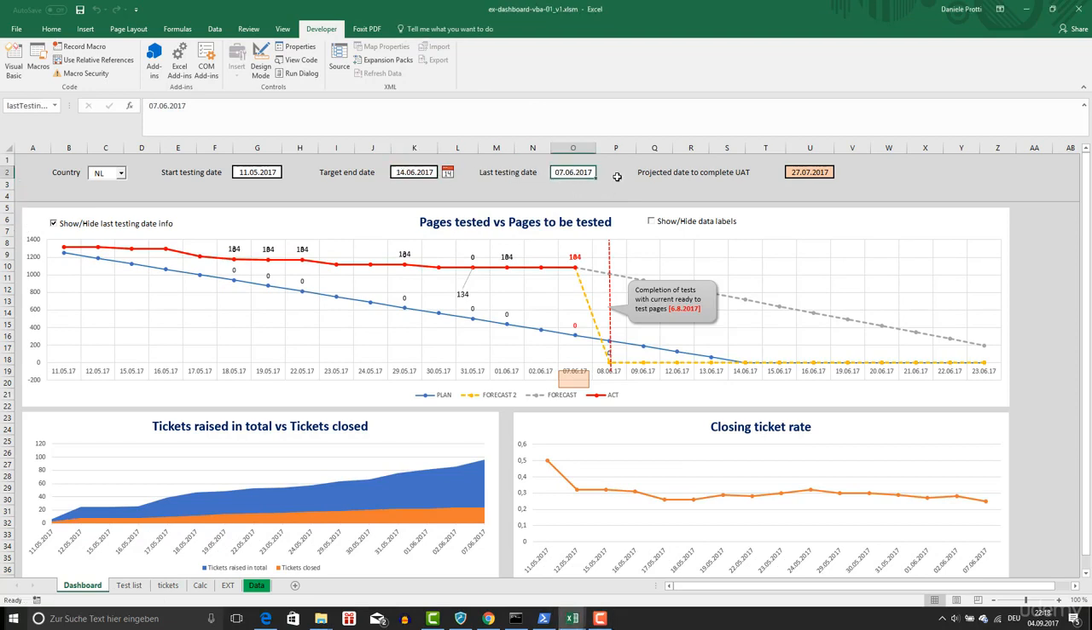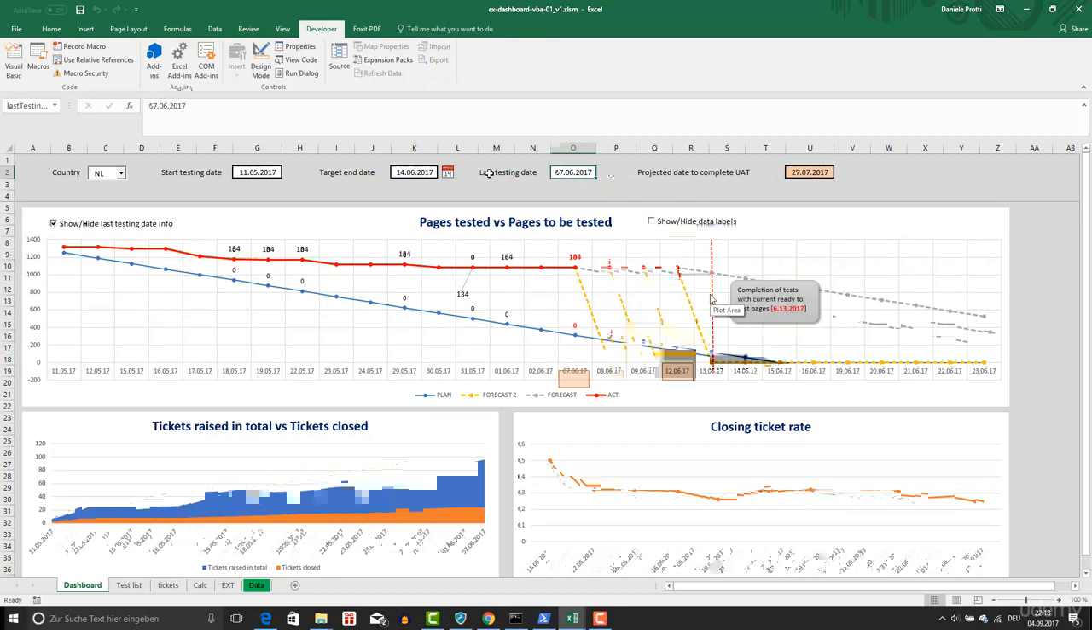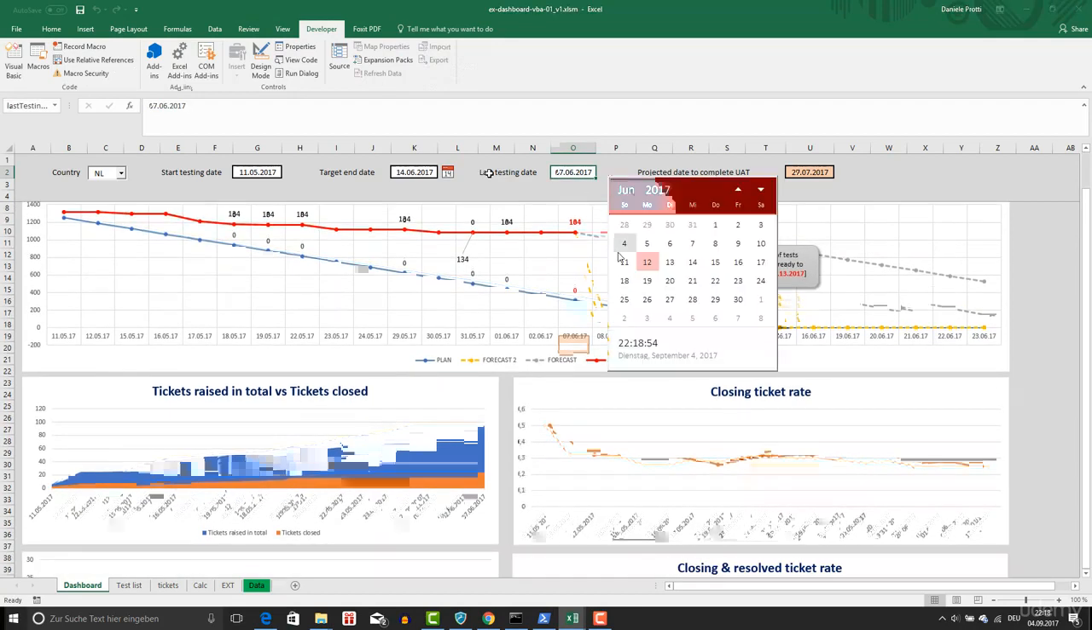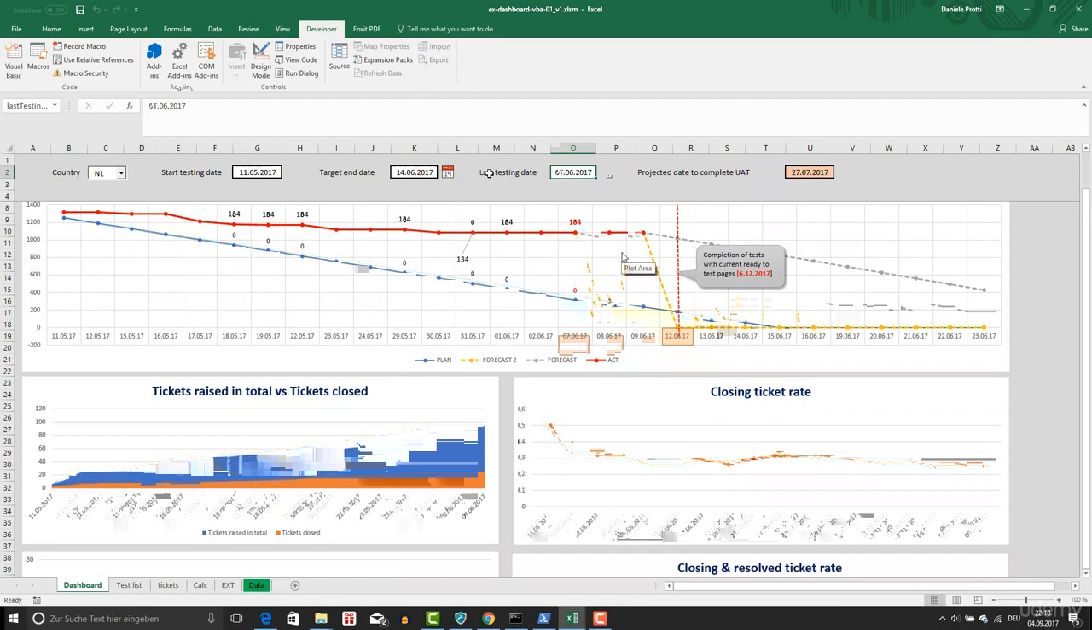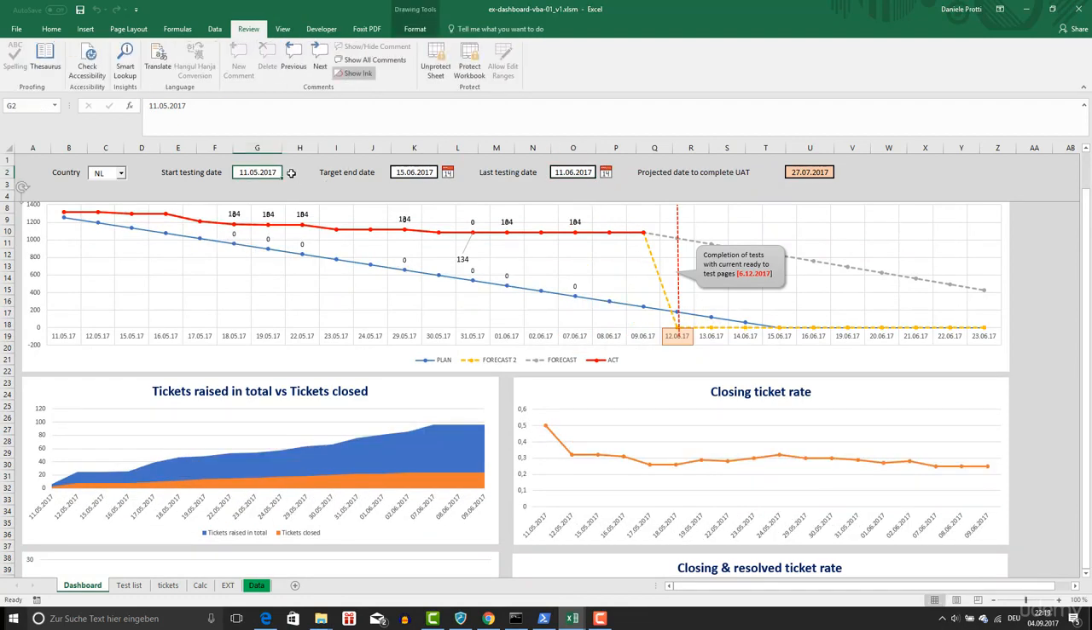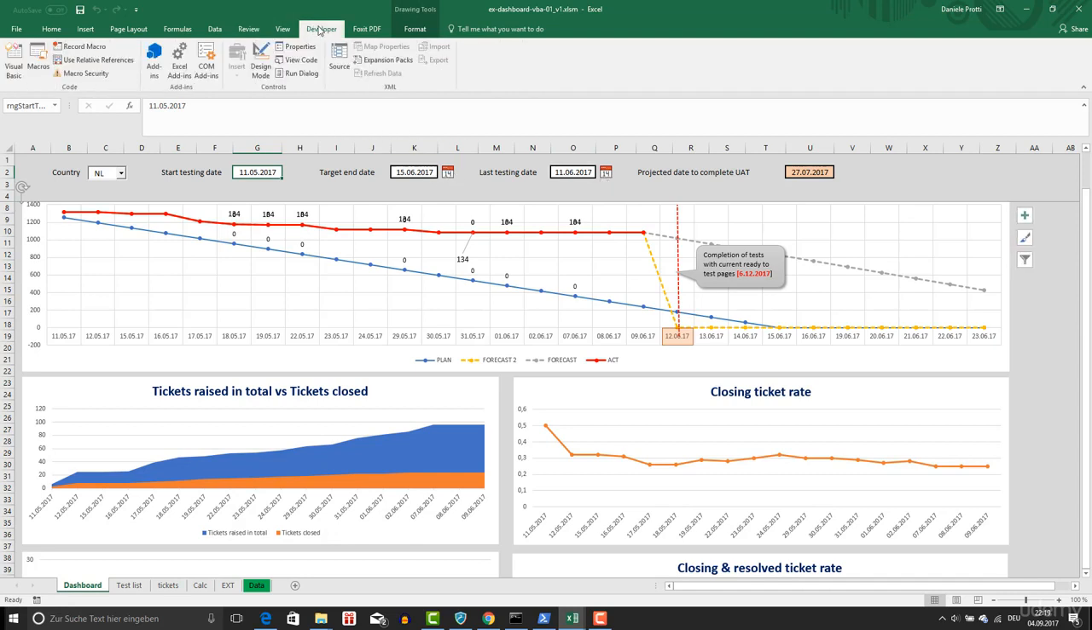So now you can select here. I can now move as this is. It's very interesting because now I can change completely using this date picker. I have to pay attention because here I have